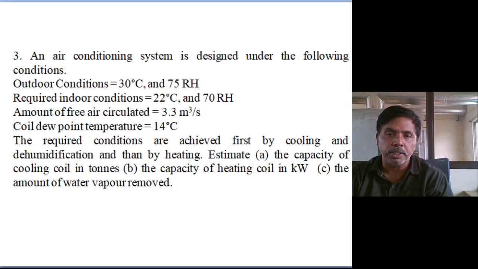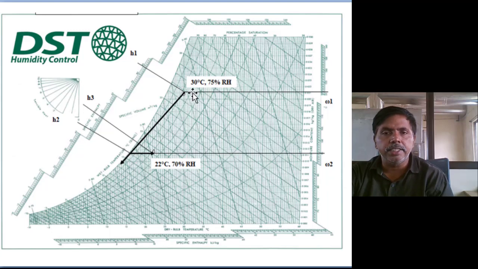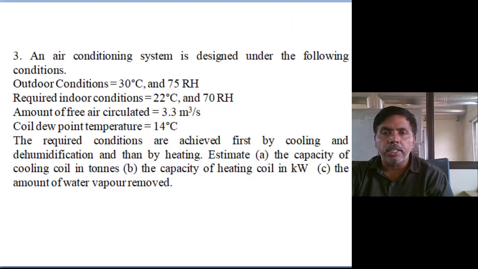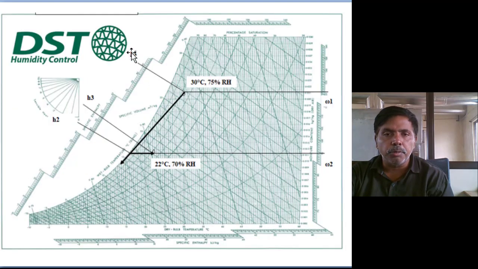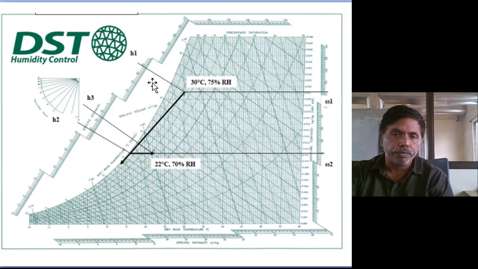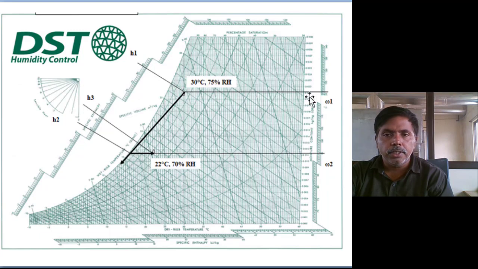Theoretically, we already explained this one. First of all, you mark the points, that's all. Everything else you will calculate. First, 30 degrees centigrade and 75% relative humidity. This is the first condition. In that first condition, determine the enthalpy and wet bulb temperature, and you will get the specific humidity. Enthalpy and specific humidity at the initial condition. Then, what he did,